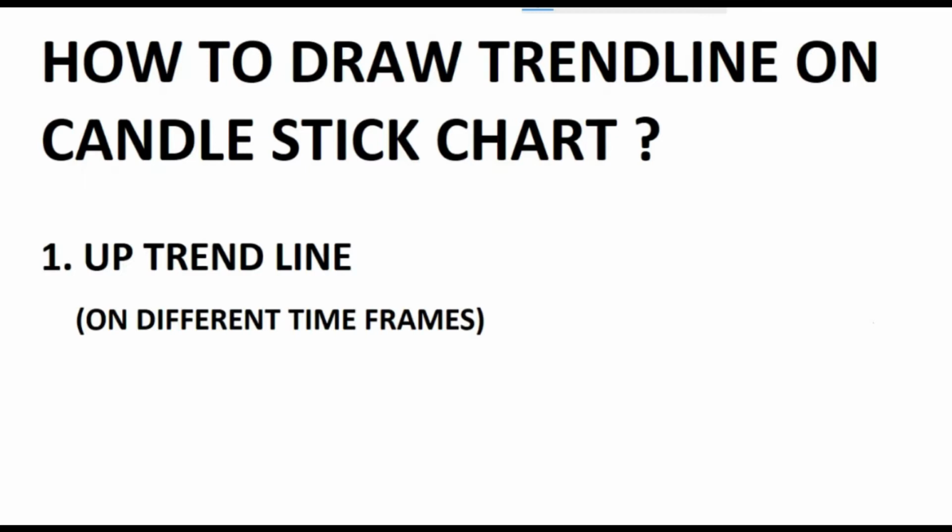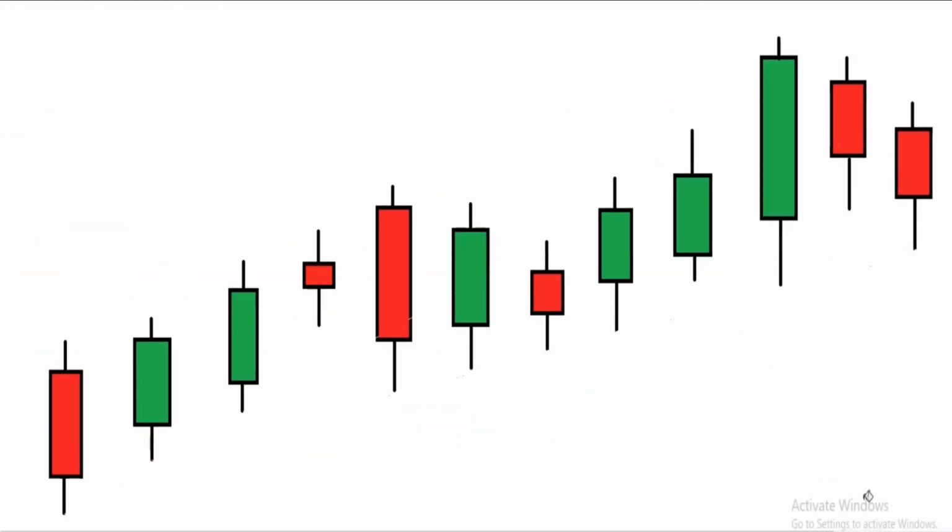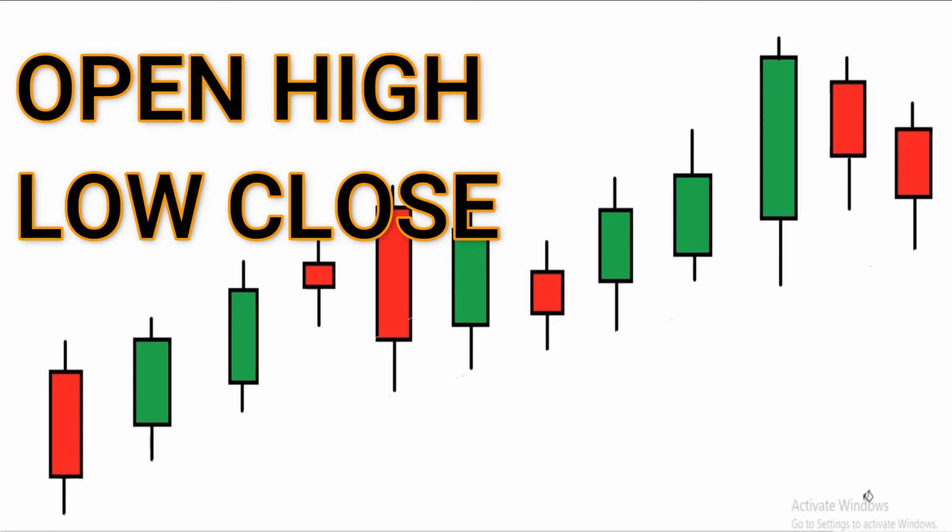Now let's go ahead and see how to draw a trend line on candlestick chart. Here in this diagram, I have drawn different candles. Now the concept remains same. Whatever I had taught you while drawing uptrend line on line chart, the same concept we are going to use to draw a trend line on candlestick chart. The only difference here is in line chart we see the closing values, whereas in candlesticks we can see open,